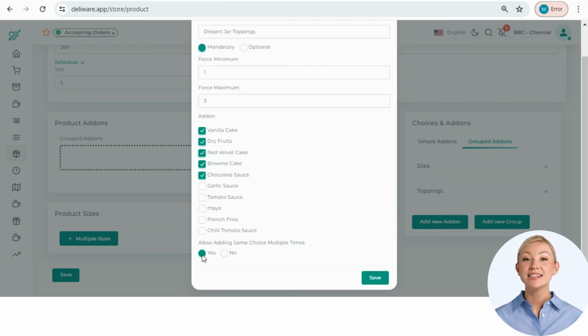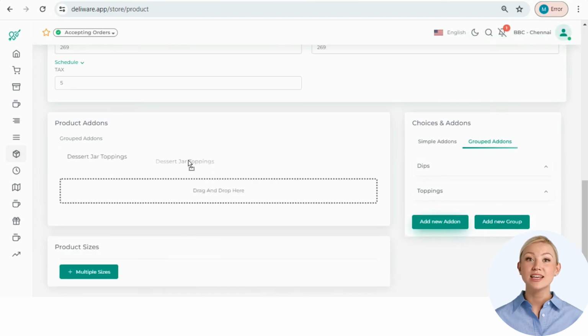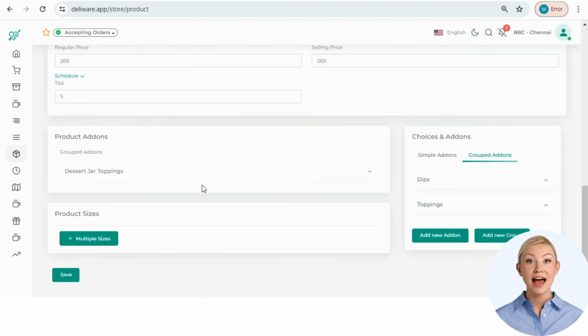After filling all the details, click Save button so that the group will be added to the group add-on list. New group can be seen under the Group Add-ins option. These groups can also be dragged and dropped in the box given under Group Add-ins. By drag and dropping the group, you can make the group visible to the end user. But you can only add either simple add-ins or group add-ins. After saving the details, the group add-ins will be displayed to the end user according to the specified conditions.